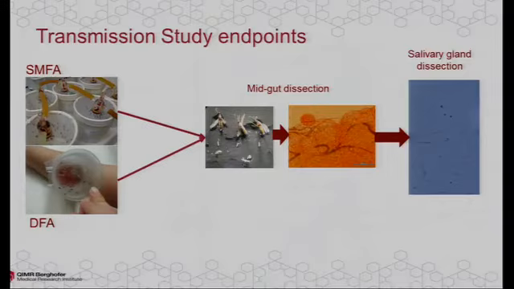So I've been over this, and our transmission studies are obviously whether we can see oocysts in the midgut and then hopefully salivary gland sporozoites. And this is where we've had difficulty in the last 12 months, in terms of getting from here to here because of a range of issues that we faced, reflecting in some part our inexperience